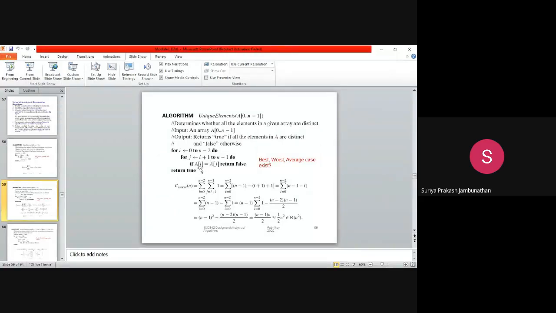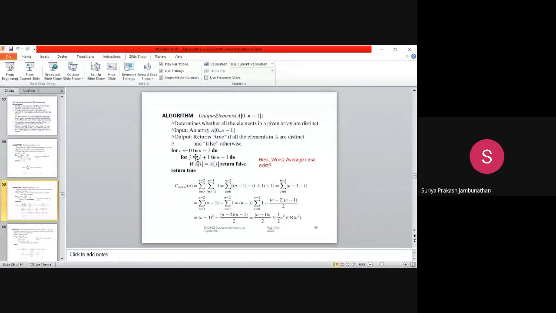Now we will come to the if condition: A of 1 equal to A of 2. Previously we checked with the first position of the array. Now we are checking with the second position of the array. So can you tell me what the value in A of 1 is and what the value in A of 2 is? A of 1 is 10. A of 2 is 15. So 10 equal to 15, condition is false. So we are iterating the inner for loop again.